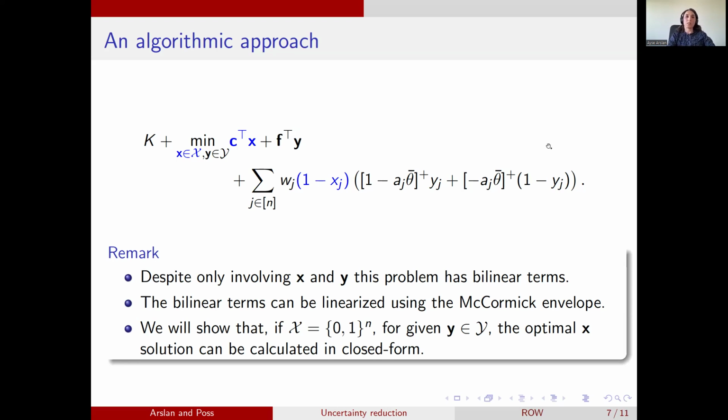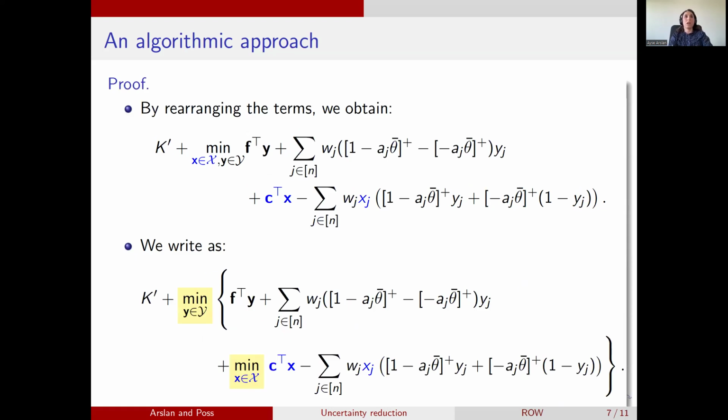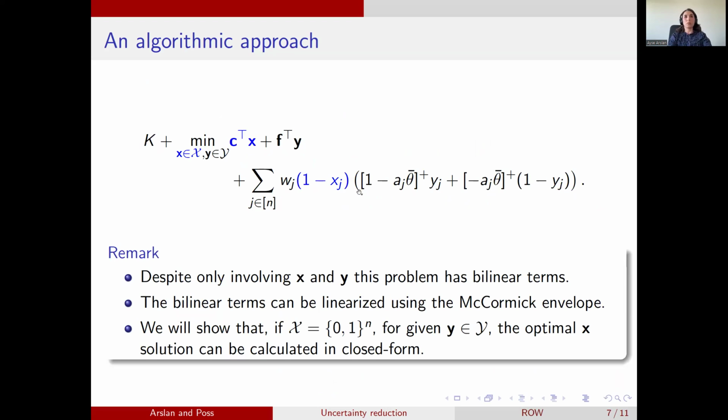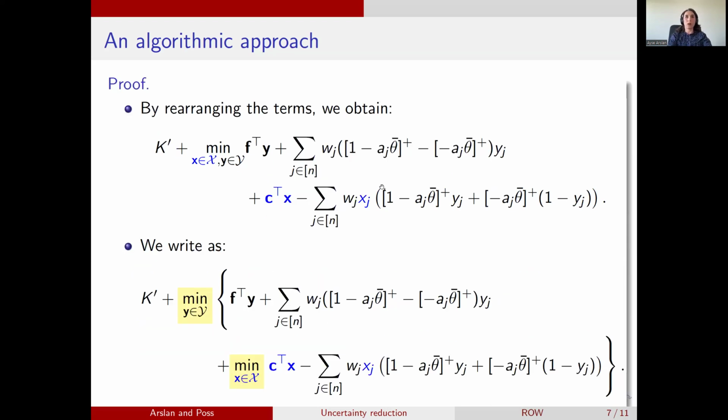And it turns out that if the set X is not constrained, then we can actually calculate the optimal solutions over X in a closed form so that we come back to a combinatorial problem over Y. Okay, so in order to do that, I'm going to go from this problem to the same problem just written in a